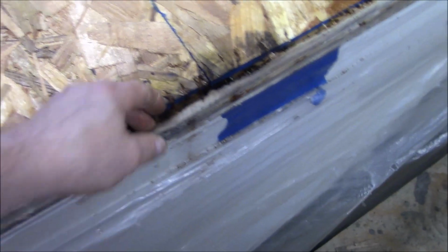So, I think that's what that cut was for right there. So, we'll get that popped. And we're going to get this all dried out. That's about where we are right now. So, it's not the worst thing I've ever seen. Watch some of the videos. We'll take all this here and see what's going on underneath all that as well. Let's go around the other side real quick. Give you an overview on